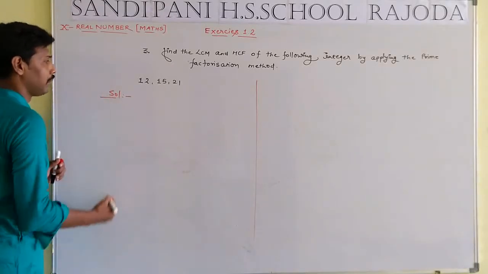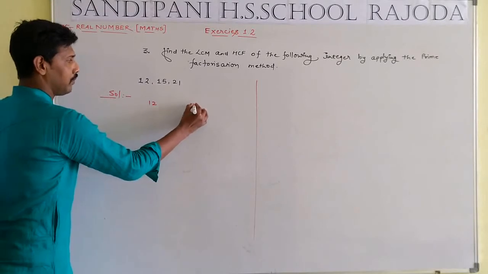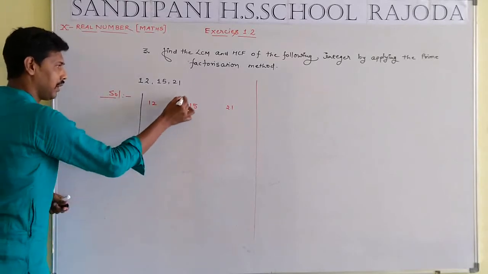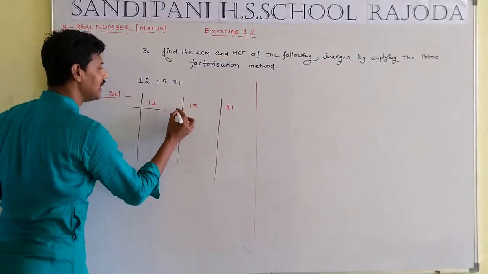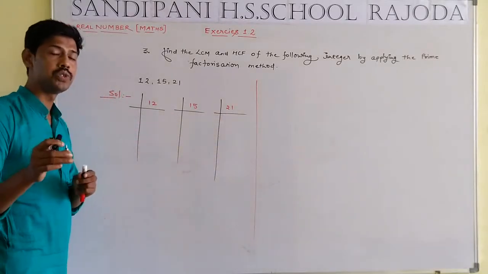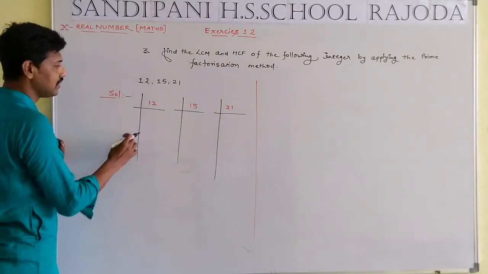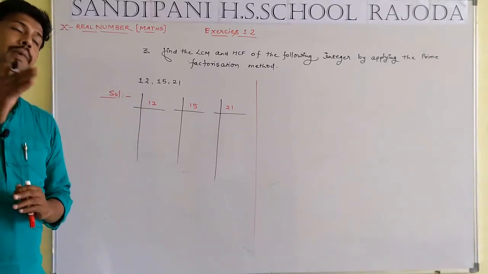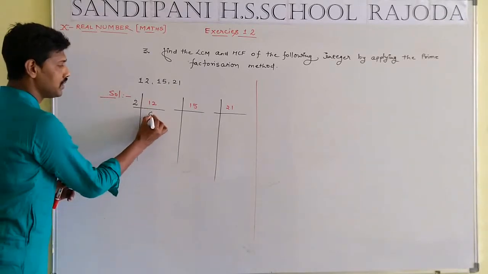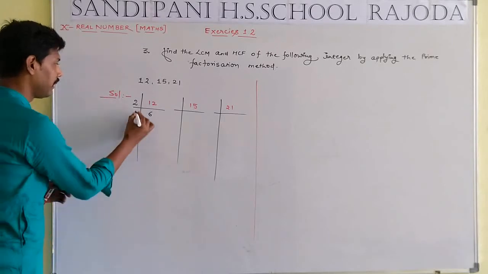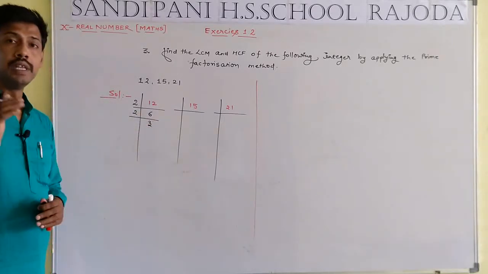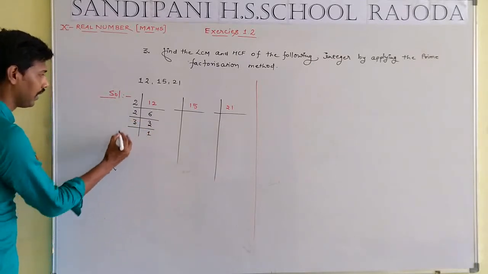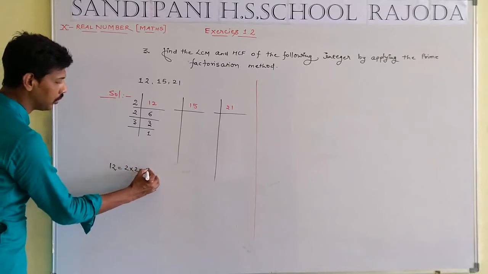What about 12, 15 and 21 by use of the prime factorization method. Prime factorization method means a step-wise solution, as in the LCM method. The last digit of 12 is 2. What is the mean of the 2? 2 is an even number, that means divisible by 2. So we take 2, 2 6s are 12. 6 is also an even number. 2 3s are 6. 3 is a prime number, so divide by 3. 3 1s are 3. So we can write 12 in the form of 2 into 2 into 3.